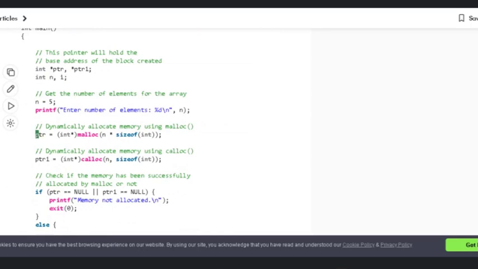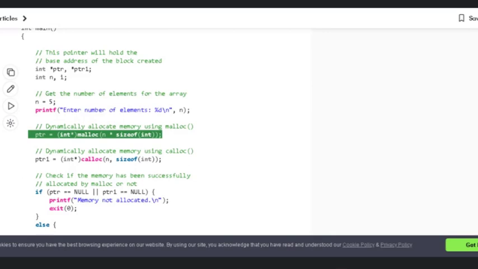The ptr pointer is used for allocating memory for the integer array of size n using the malloc function.